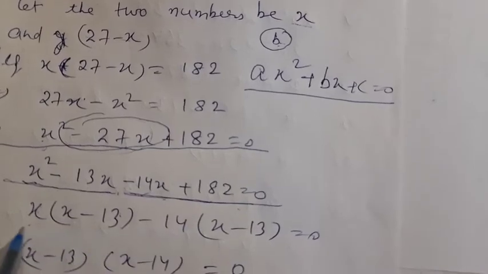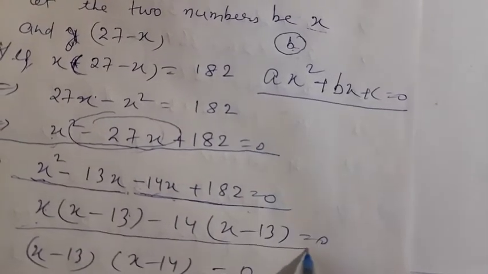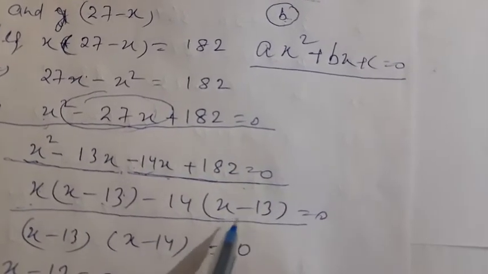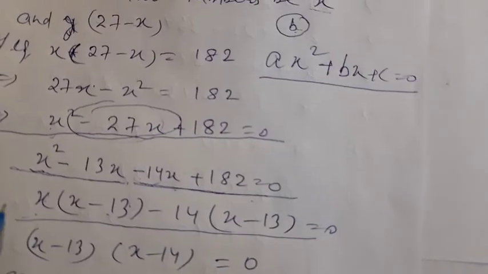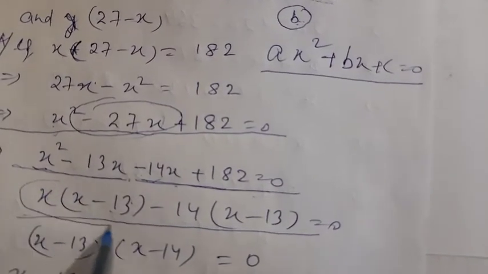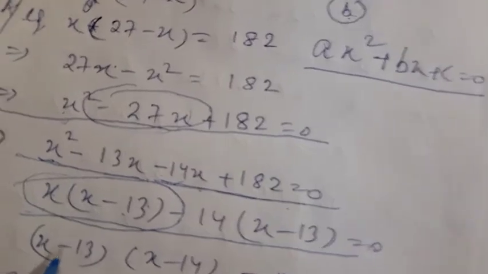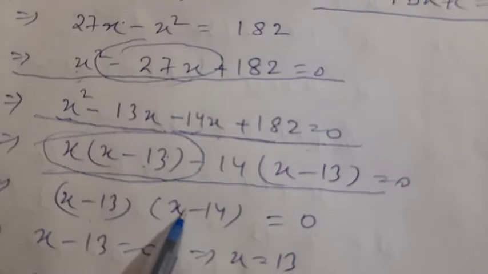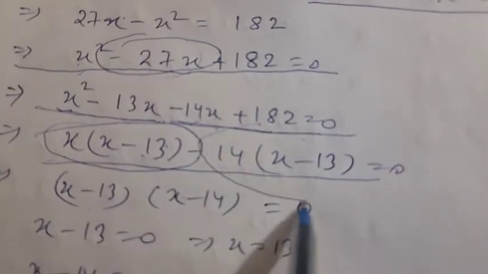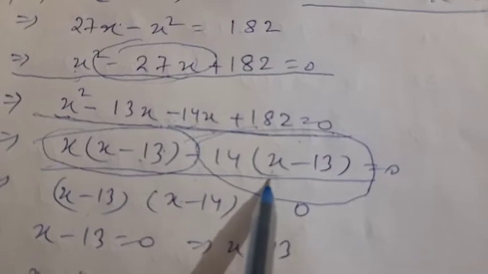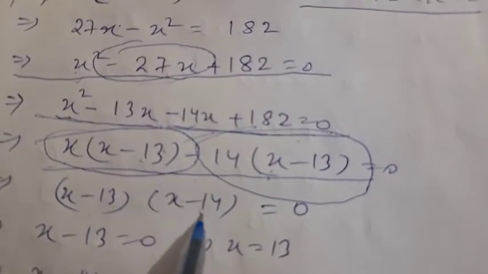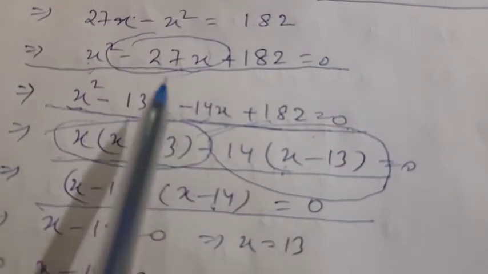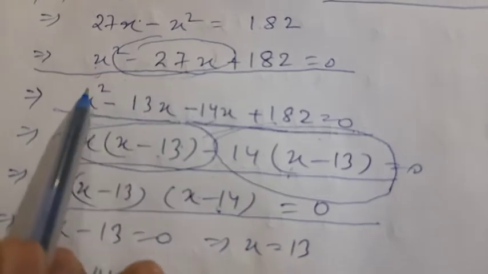Now we are having this factorization complete. We see which factor is common in these two terms. We see that x minus 13 is a common factor in these two terms. Now when this complete term will be divided by x minus 13, which we have taken common in them, we see that only x is left with the first term. And when this whole term is divided by this x minus 13, we see that minus 14 is left. So we are having two factors for our quadratic equation, x square minus 27x plus 182.